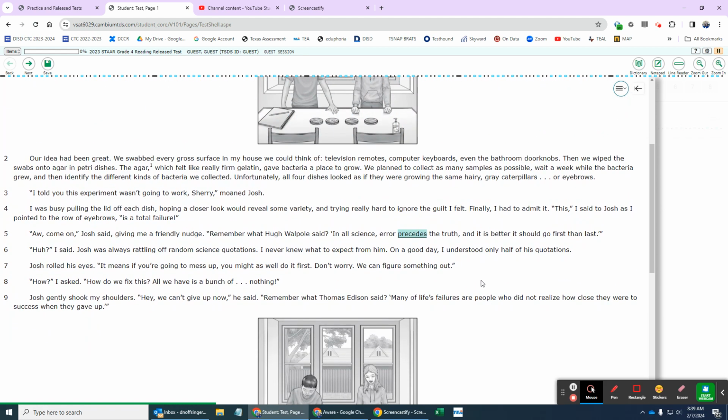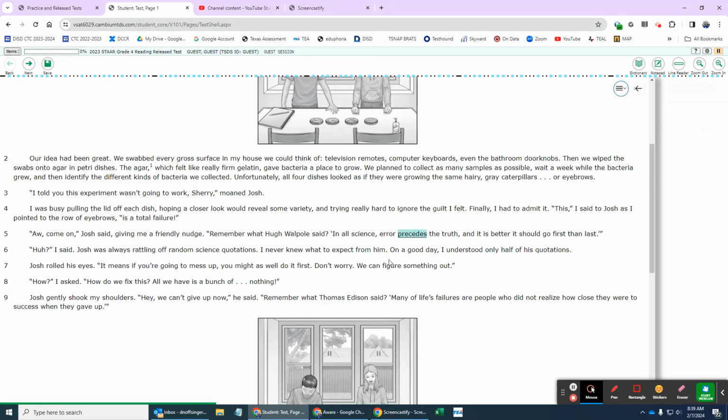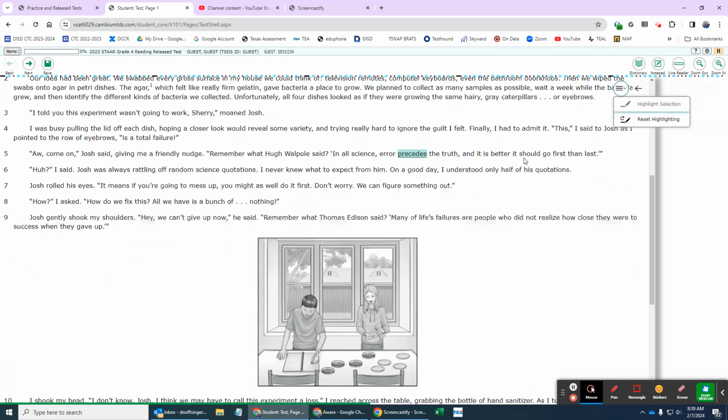I can go through the test, and I remember that thought that pops into your head as you're testing, that my teacher told me, always be sure to read the full text. So I can save that note, because that's going to remind me that I'm supposed to do that. All right, so now I'm reading the story,